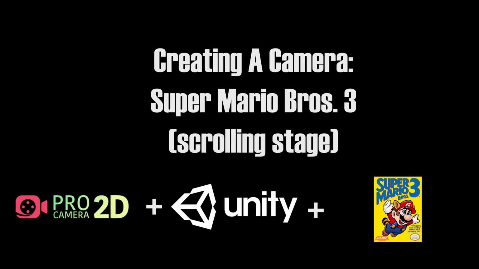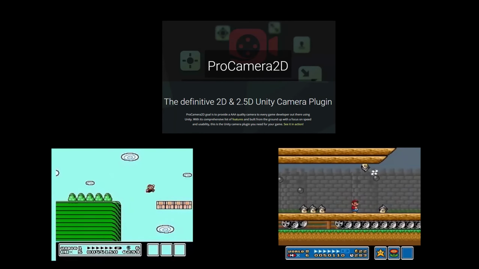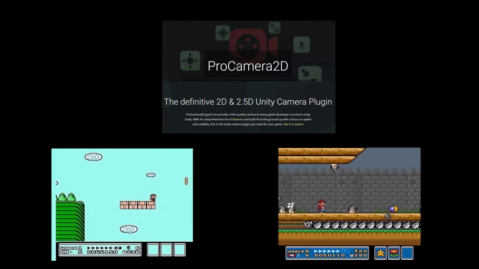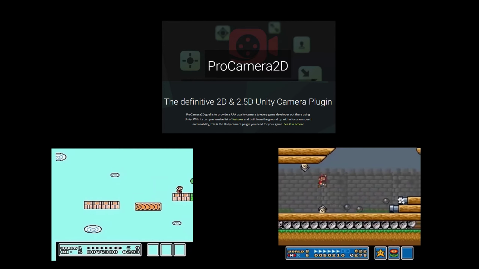In this tutorial, we're going to be using ProCamera2D and Unity to create the camera from Super Mario Bros. 3's scrolling stages. We're going to be doing it in under 5 minutes. If you haven't played Super Mario Bros. 3 before, I highly suggest you go do it. In fact, stop the video, go play it now, and when you come back, you'll have noticed that the camera